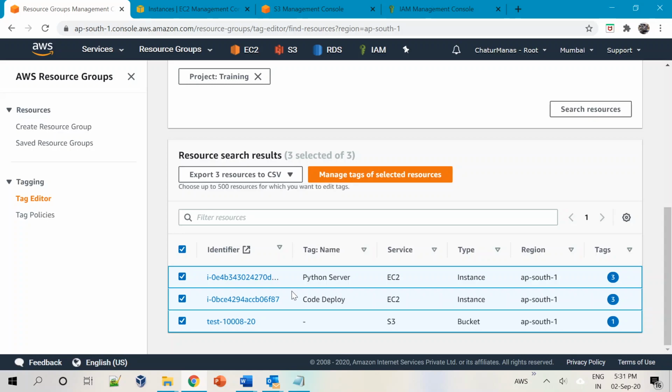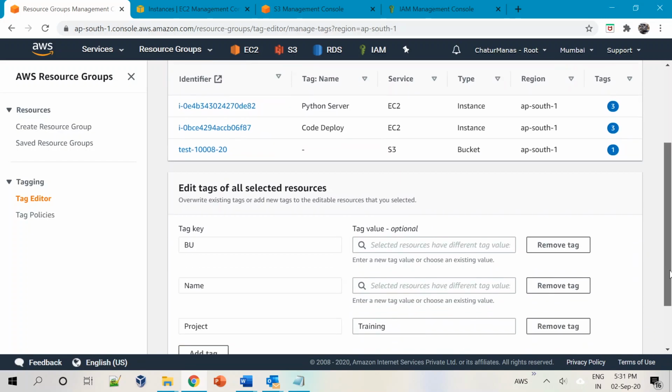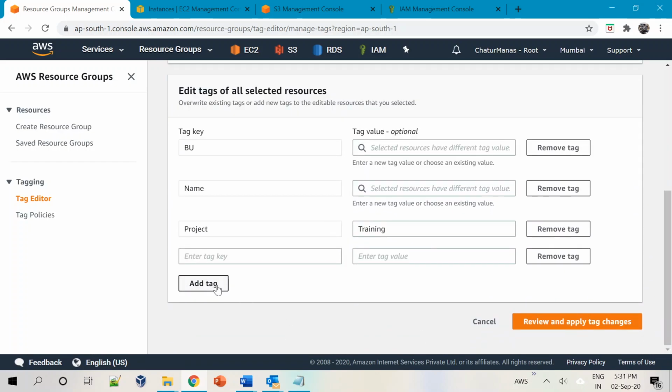Now this time I want to do tagging. I want to add an additional tag, so I'll choose manage tags of selected resources. Okay, and then I'll scroll down. I can add a tag. Let's add a tag called department. So you already have BU, right?